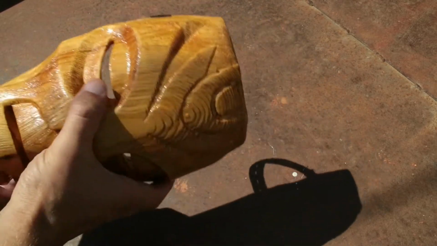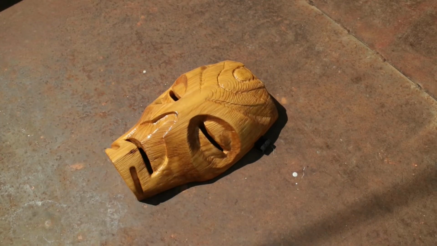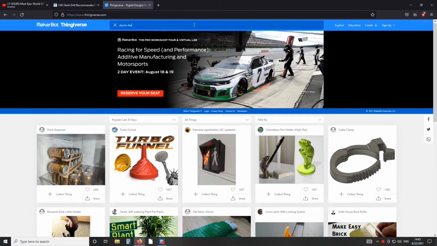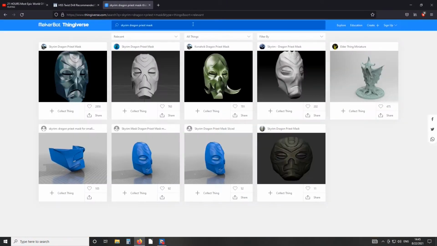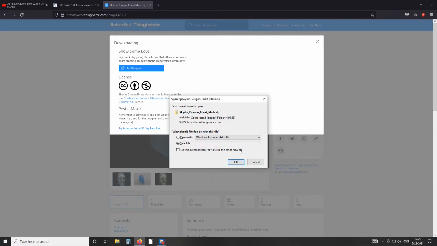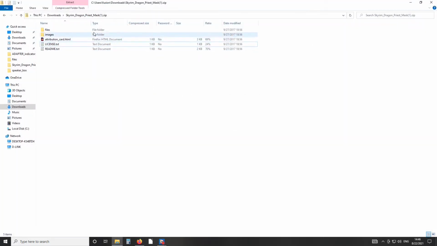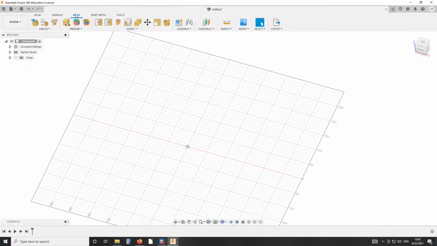Also my nephew is a huge fan of the game, so I will make this mask custom fitted to his face. Let's start with a 3D model of the mask. The game is almost 10 years old, so I'm sure someone already modeled it. Here it is on Thingiverse. There is only an STL file, but that is not a big problem. I'll be using Fusion 360 and Blender.